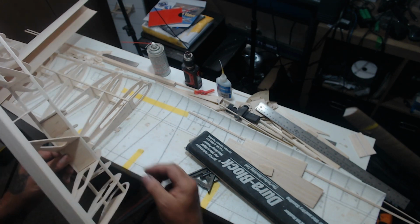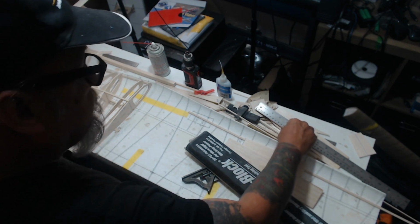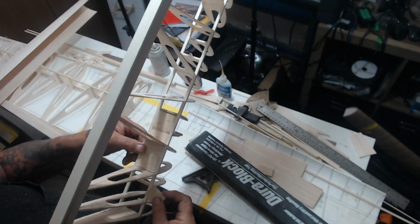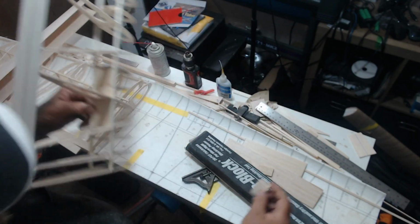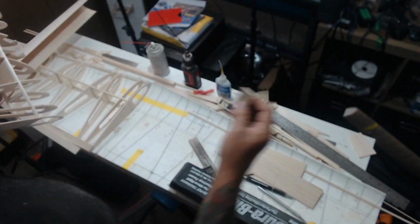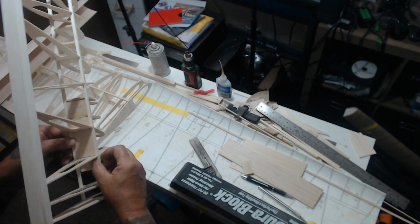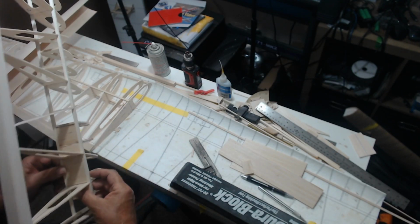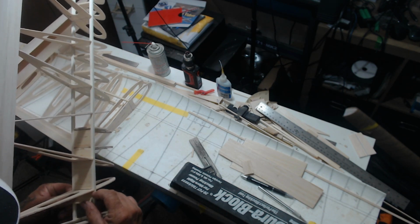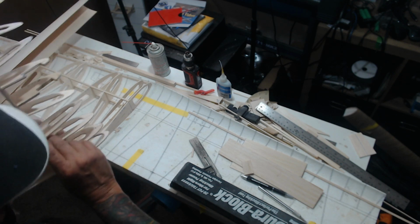So we have 3 more pieces to make. I didn't say this was fast, nor did I say it was fun. I hate it. Got to make sure that you have the grain running from spar to spar. You don't want to run the grain end to end. That offers 0 strength. Okay, so now